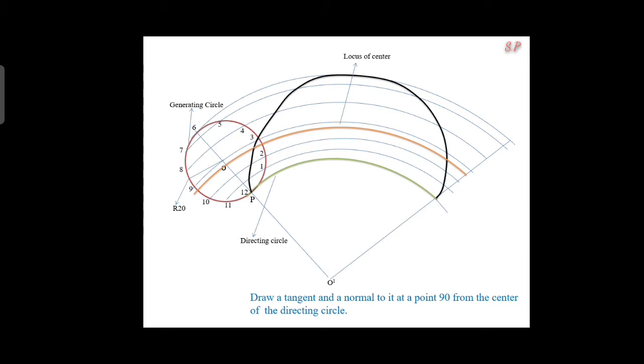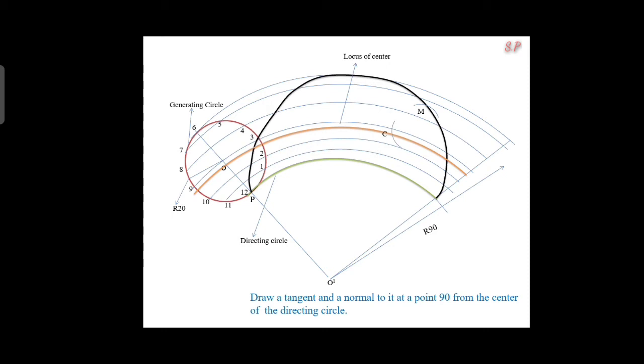So this is our epicycloid curve. From O dash you take a 90 mm distance and draw an arc on the epicycloid curve. That intersecting point is M. Next, from the point M you take a 20 mm distance. M is the center. You draw an arc on our locus of the center line. That intersecting point is C.